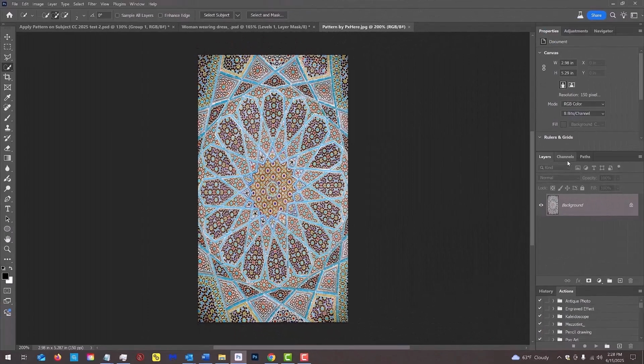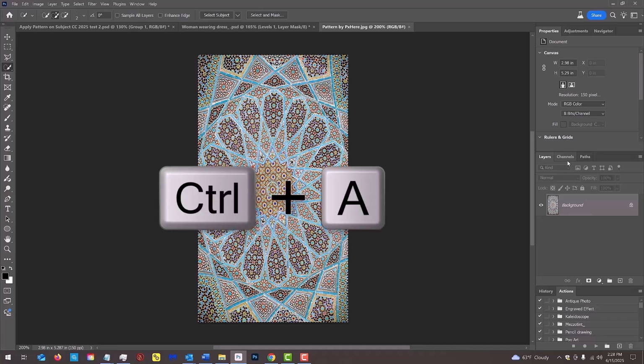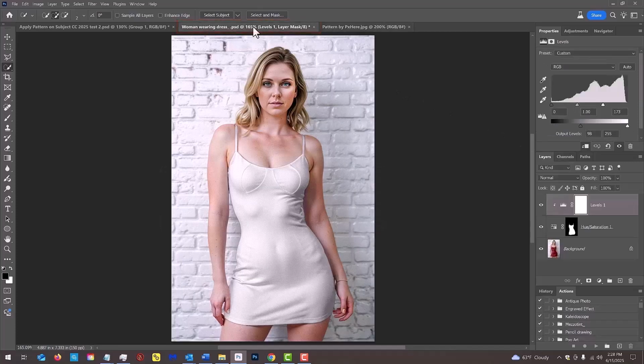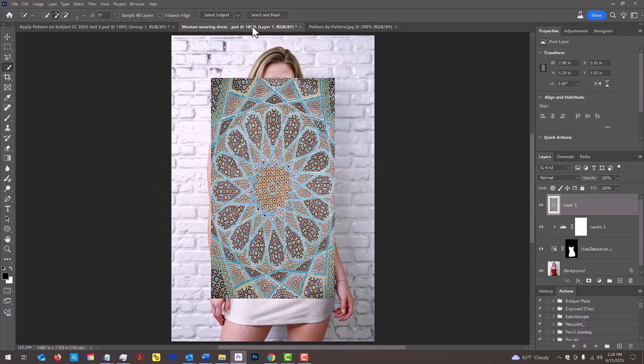Open a pattern you'd like to place into the dress. For your convenience, I provided this one. Its link is in my video's description or project files. To place it onto the dress, press Ctrl or Command A to select it, and Ctrl or Command C to copy it. Open the other document and press Ctrl or Command V to paste it in. To resize and reposition it,